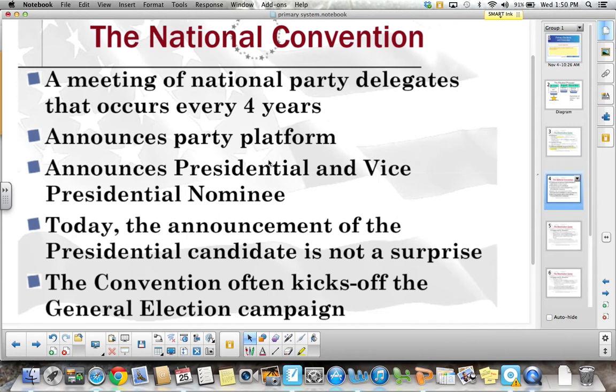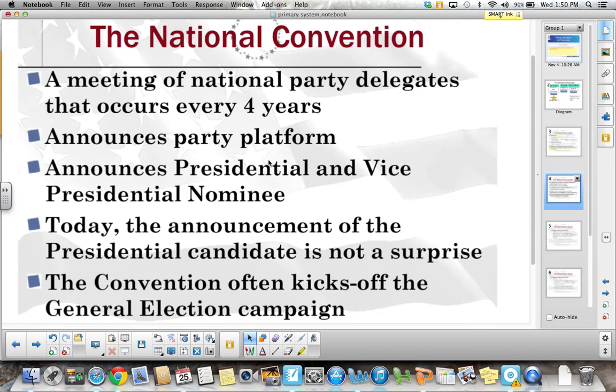Historically, the National Convention is actually where in August the political parties would nominate, and they would get together their party leaders and they would select their candidate for the presidential election. However, today, it doesn't quite work that way because we don't just let the party leaders nominate candidates. Rather, we as a group of people in the population have the option of doing that ourselves. So we all get a chance to participate, whereas a long time ago, it was just the party leaders meeting